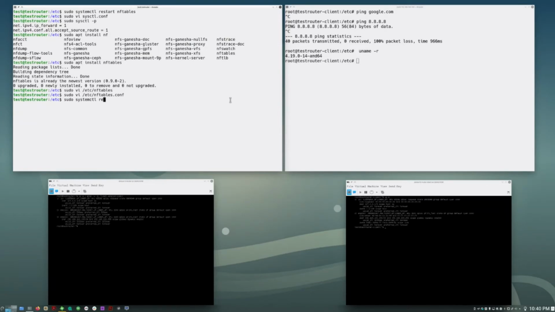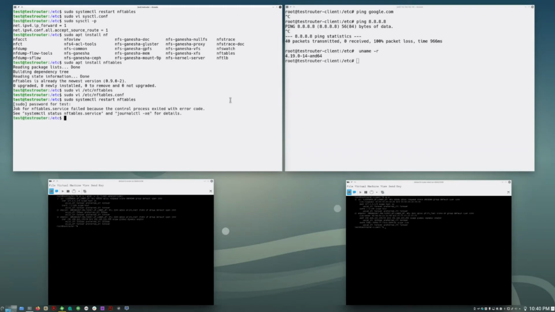systemctl restart nftables. Now, one of the really cool things about nftables here is that nftables actually works with systemd. Now, regardless of your opinion on systemd, if you have the systemd init system and everything else on your system works with systemd, it might be nice that your firewall does too. And the biggest reason is that it makes it really easy to manage, because with iptables, you had to do this funny little thing where you output your rules and you created a script to load them back in and all kinds of jumping through hoops. With nftables, you don't have to do that. You just do restart,